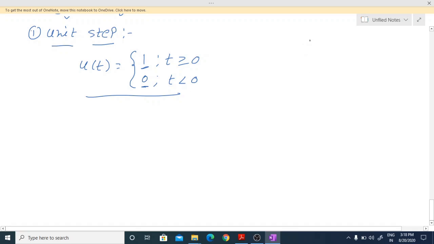And here I am going to draw the unit step signal. Here the x-axis is t and the y-axis is u of t. The amplitude is 1 from 0 to infinity. This is plus infinity. This is minus infinity. So whenever the t value is greater than or equal to 0, the corresponding signal amplitude is 1, and for t less than 0, the amplitude is 0 only. And this is a continuous time signal.